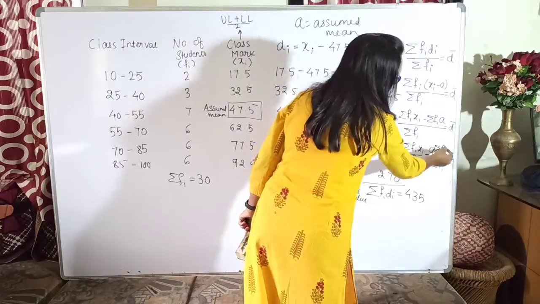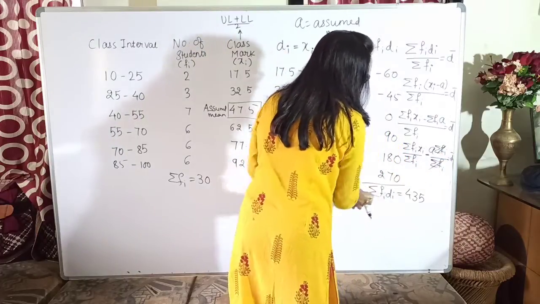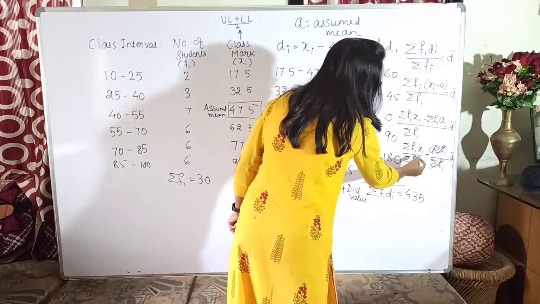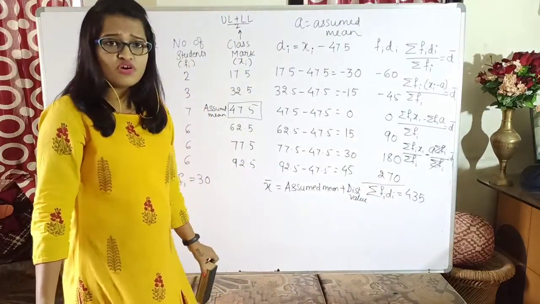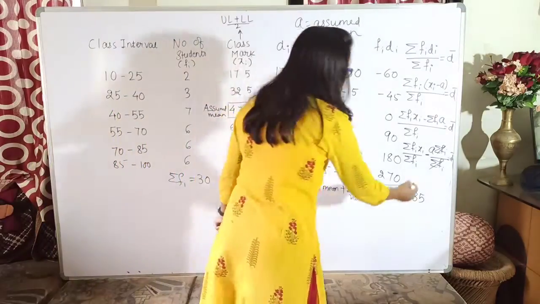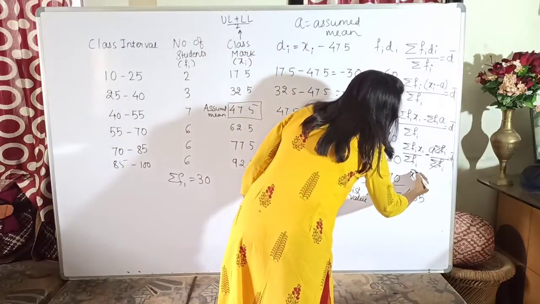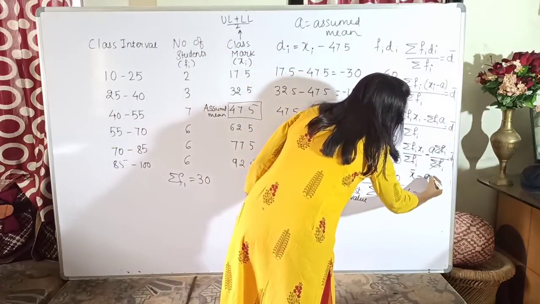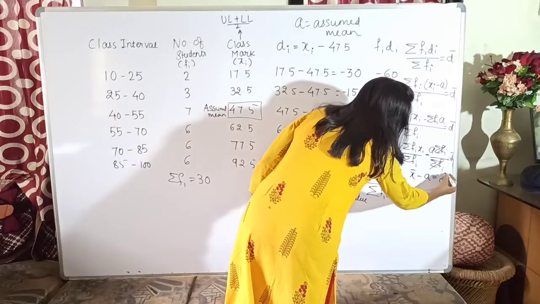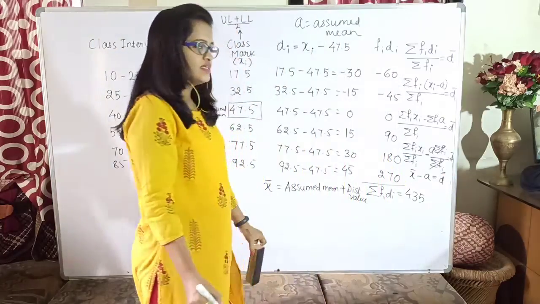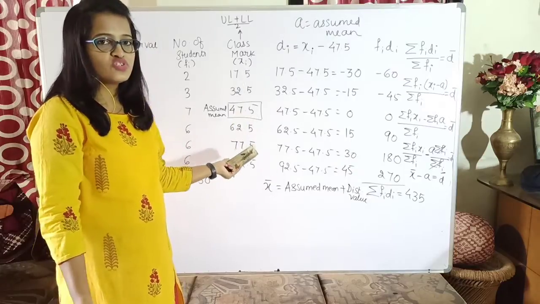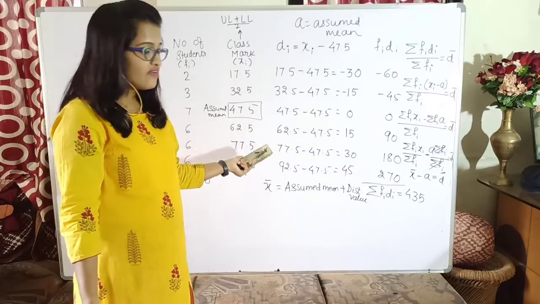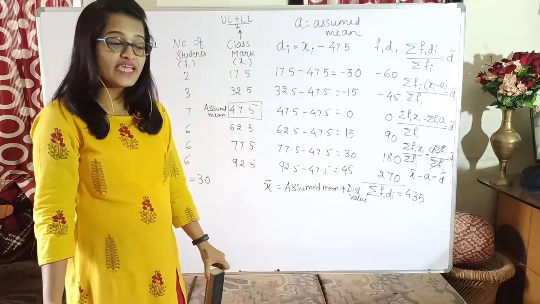Now this Fi I can cancel out. Okay. So what is summation of Fi xi upon summation of Fi? That is the formula for average, isn't it? So can I replace it with x bar minus, this is your a, which is equal to d bar. Yes. What are you going to find? Why are we doing all this? So as to find the mean or the average. It means I wanted to find the x bar.